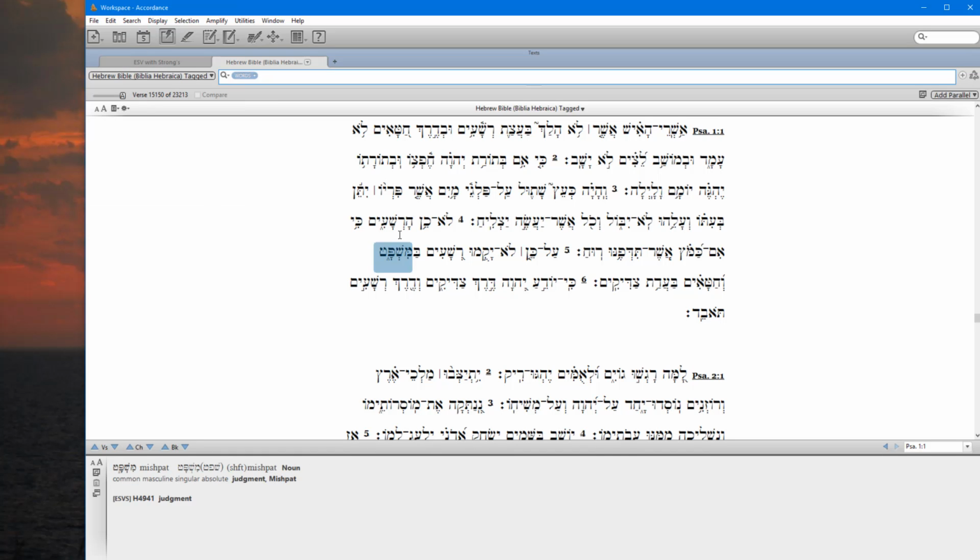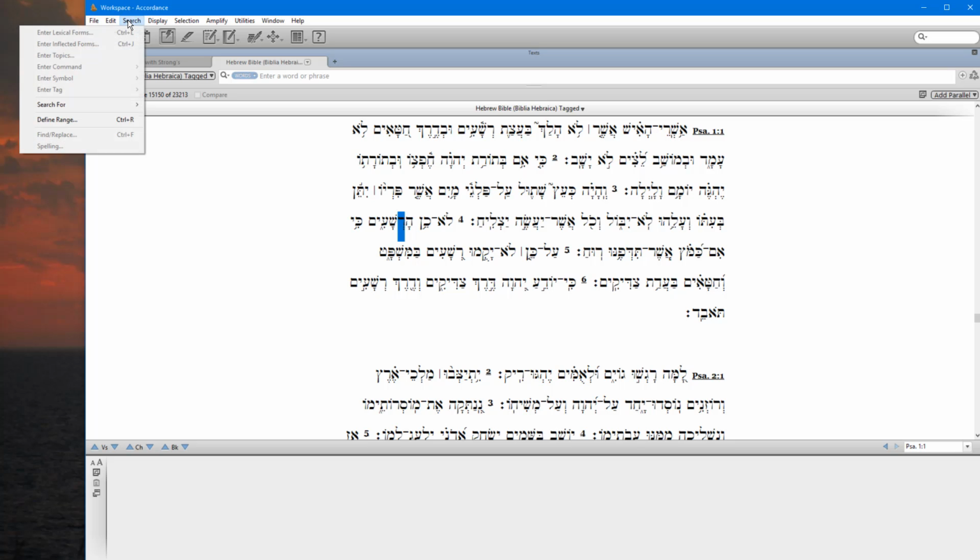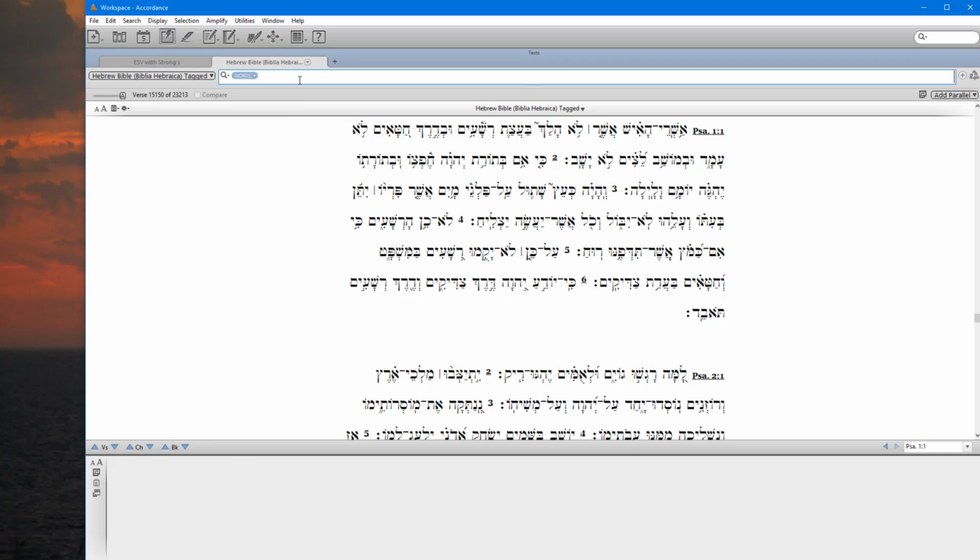If I click somewhere else and the blue highlighting is no longer around the search bar, when I go to the search menu item, notice that many of the items are not highlighted. So I have to click on the search bar and see the blue highlighting in order to be able to